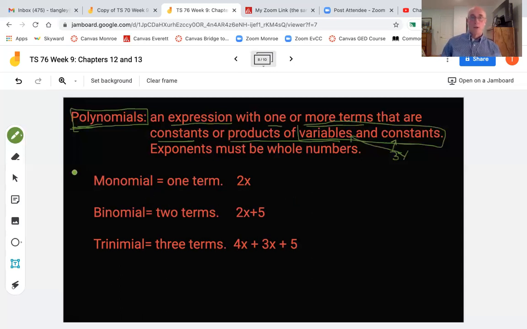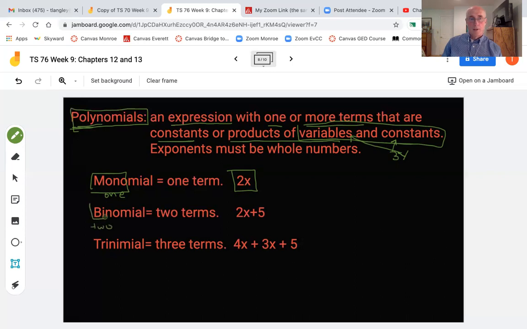So what we have here on the screen is 3 different types of polynomials, expressions being products of variables and constants. And this is kind of the key thing. You'll see this on your exam. If you have just one term, like here, they call this a monomial. Mono means one, or singular. I'm just going to draw this right over mono, which means 1. It's got one term. So if you've got one term, it's called a monomial. Bi means 2.